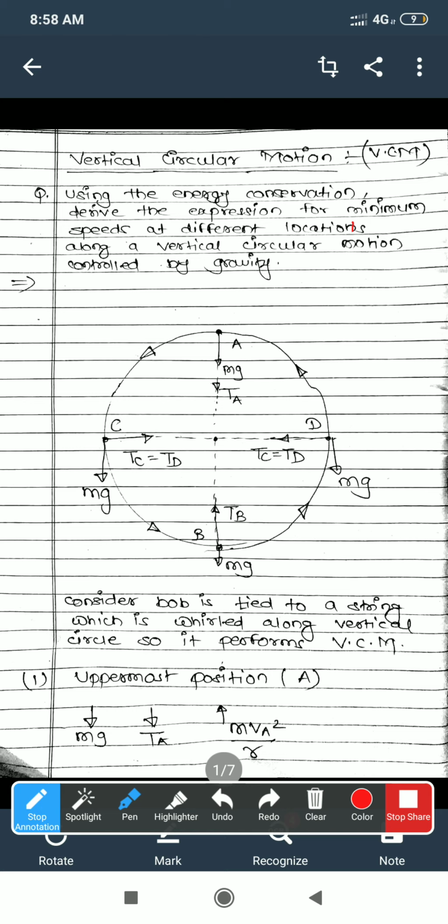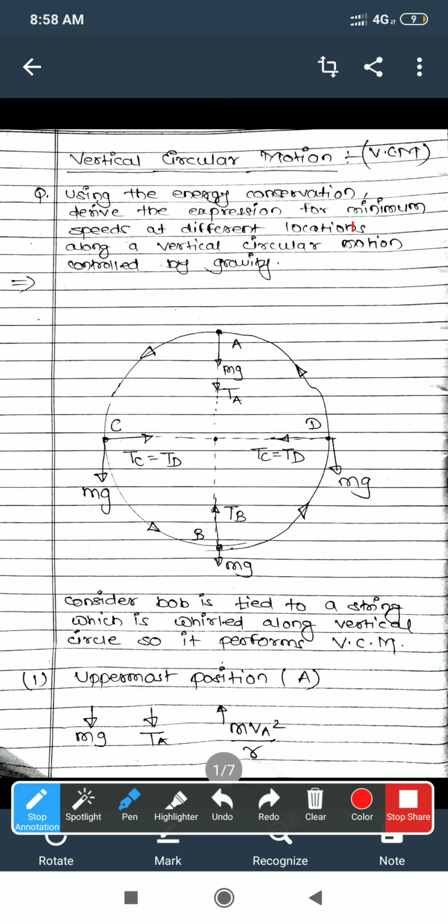Students, imagine you have a bucket full of water and you are moving that bucket in a vertical circular motion by your hand. The bucket will be the particle. What will be the speed of that bucket at various positions, like on top, on bottom, on left side, right side, and what will be the tension at your hand at various positions, that we need to calculate.